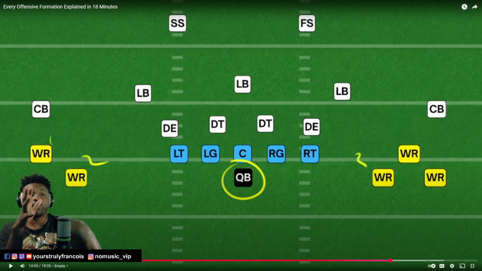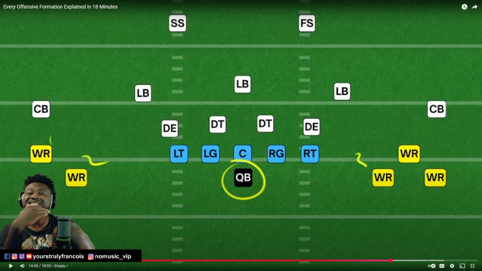Feel me? Put a tight end on one side and put the fullback on the other side, right next to the QB. That gives the QB enough time to scan the field and decide if you want to run. He could run a little bit, and his offensive line is gonna keep the pressure off of him